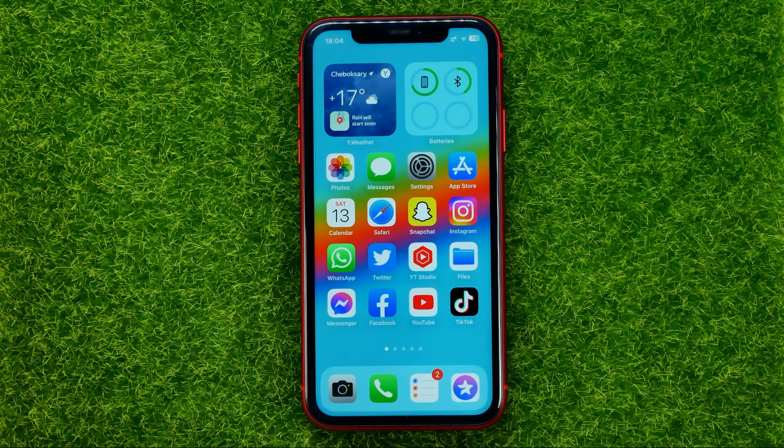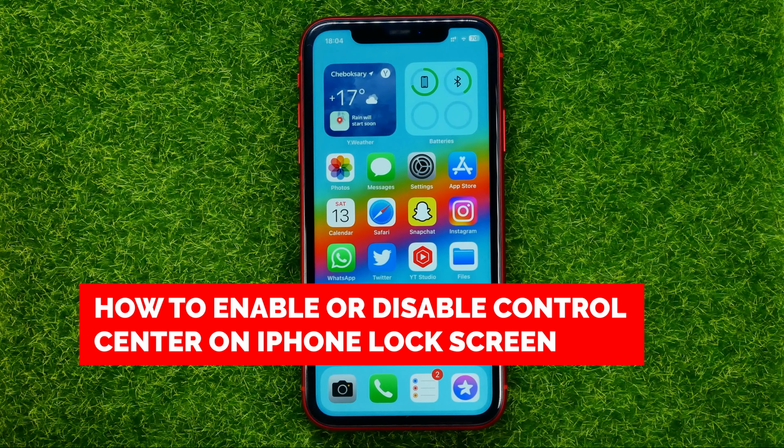In this video, I'm going to show you how you can easily enable or disable Control Center on your iPhone's